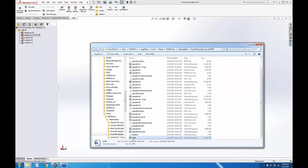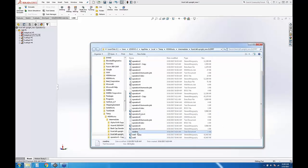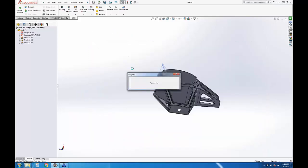I'm being foolish. Here we go. Here's rest for 6. So we'll make a copy of that because HSMWorks doesn't like sharing. We'll bring this in and we'll see what it looks like. It should basically be the exact same thing as if you simulated that adaptive 1. But the difference is we're getting exactly what this operation is seeing when it's going in and searching for